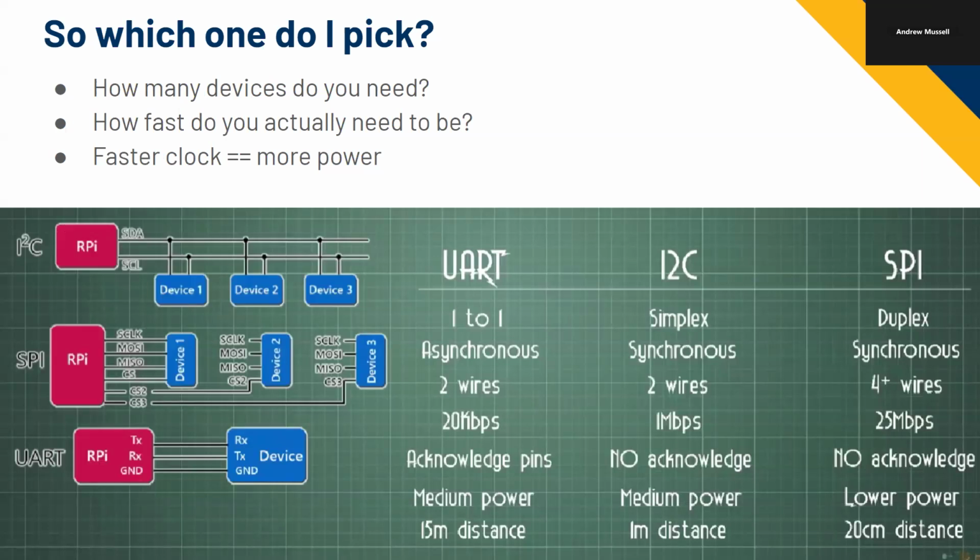UART is one device to one device, right? SPI, you can have a lot of devices for hardware. I typically say if you need a lot of devices, I would lean towards SPI. But it depends, there are different use cases. Like, if they don't need to communicate as quickly, I would use I2C. And I think this one